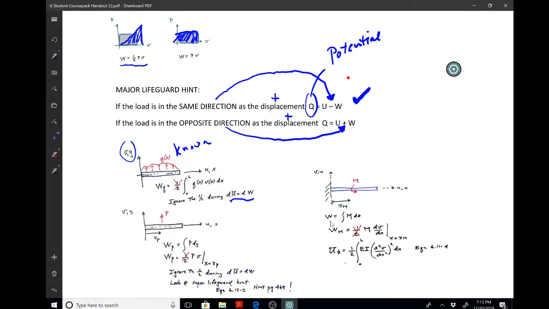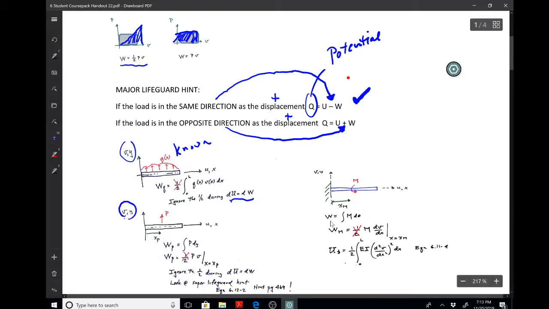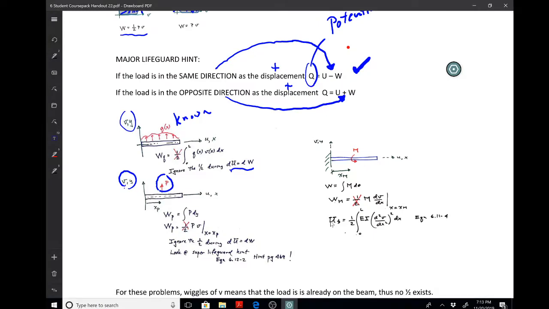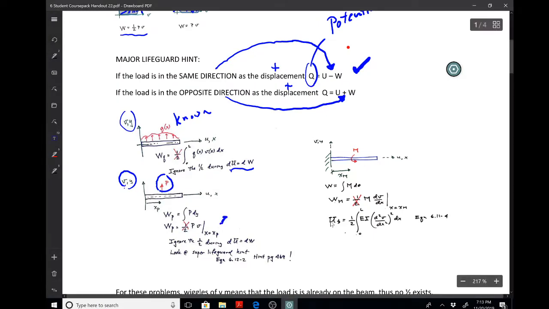The second case would be a concentrated load. Here's the direction of positive displacement. Here's the load. The only trick, or if you want to call it a trick, is that the work uses P times V at x equals xp. So that's what that line means here, at x equals xp. And xp is the distance to the load. Your author has this on page 469. It's equation